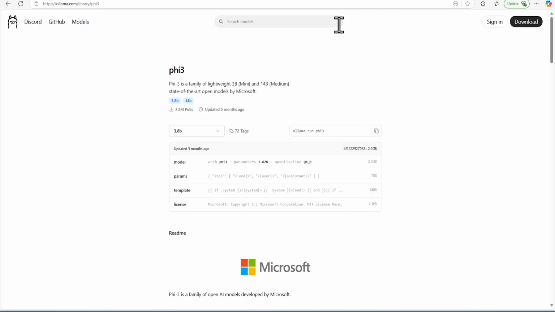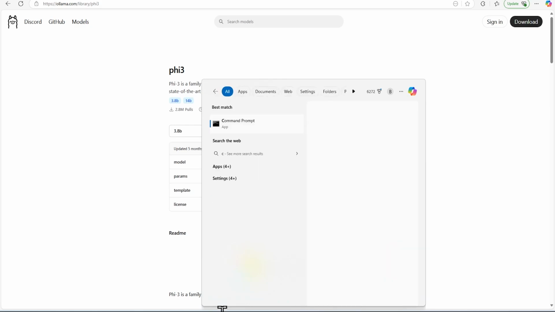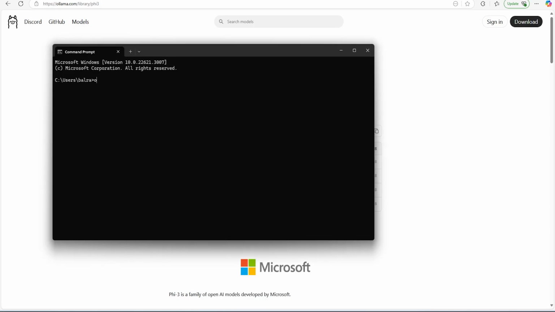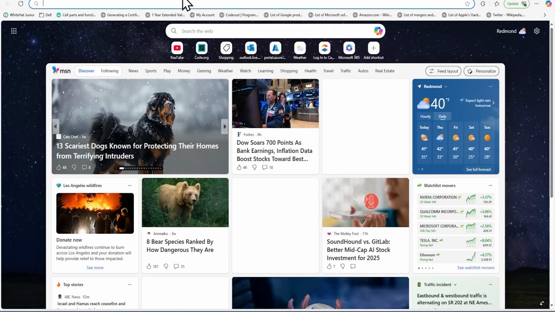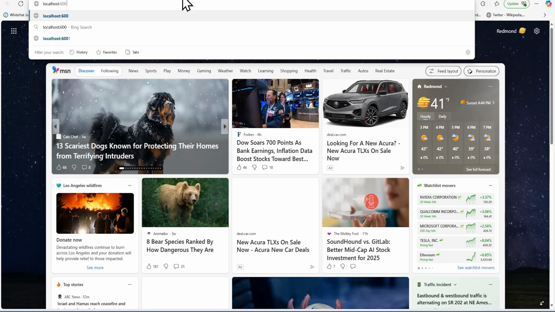Let me pick this one. I will come back with CMD and start Ollama, and it will try to use my different port for now. It has just started right now. If we go to localhost with HTTP, I will go to my localhost and see that.